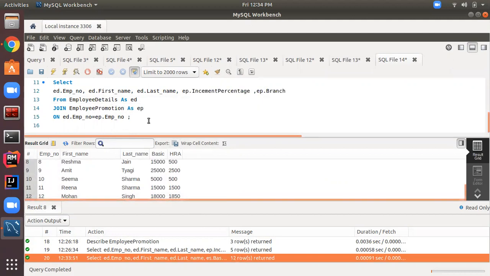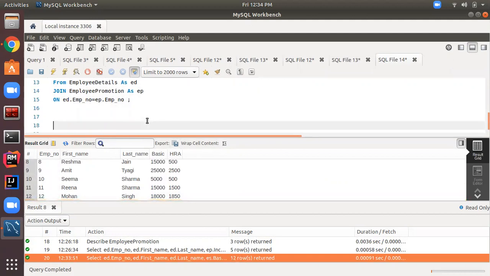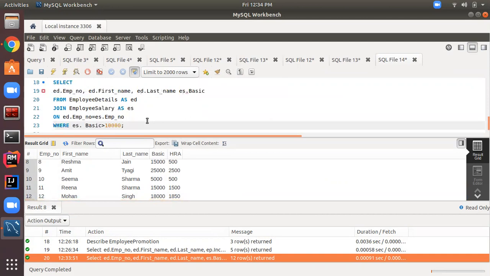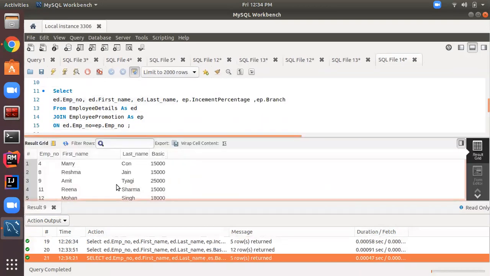Now I want to further filter my data based on a condition on basic salary. So we have written a query like this. Up till here the query is the same as the first example. The only thing is that here I have given the condition using the where clause. Let's run this query and see.